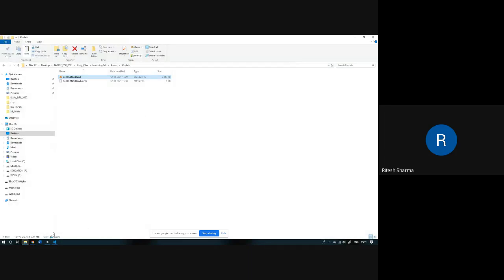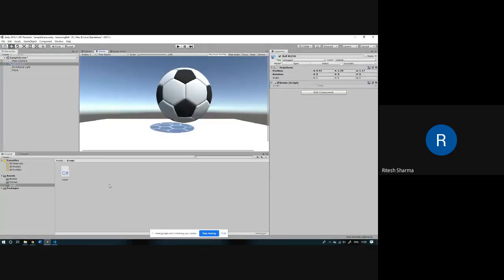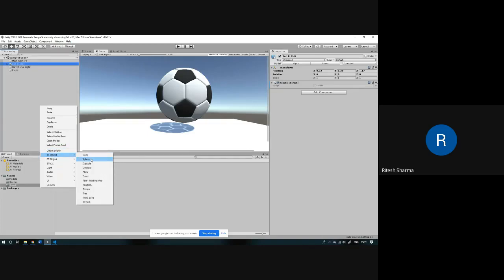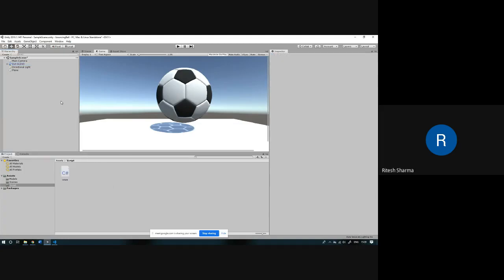So what we want to do now is we want to call it in Unity and perform some actions like some animation on it. For example, the first thing that we'll do is simply rotate it, right? What we did with the cube yesterday. But the cube that we used yesterday was inbuilt. So all we did for that was just right click 3D object cube. It also has sphere, so you could simply use sphere as well, but it's always good to know all the factors that go into making a VR solution. So that's why we wanted to cover Blender as well.